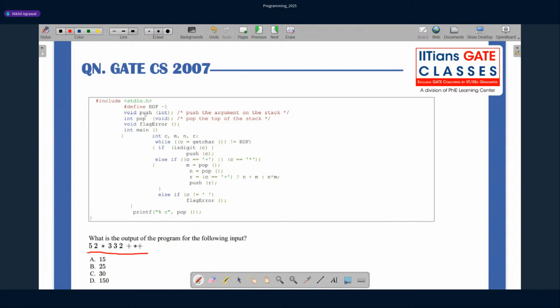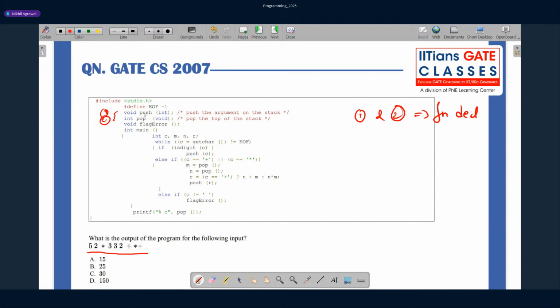Okay, so we have some push and pop operations which are being declared here. So may I know, guys, what is this called? Let's say this is line number one and this is line number two. What is the meaning of line number one and two? Okay, in the context of the C programming language, it is a function declaration. So line number one and two are called function declarations.